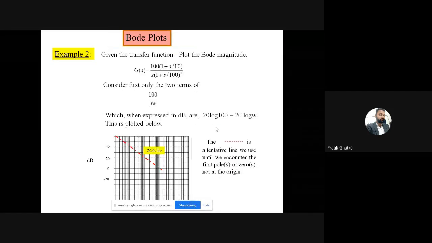So this is your next example. In the upcoming class, in tomorrow's class, we will see how to draw the Bode plot with its calculations and all the terms related to it. Today's class was just the introduction to the Bode plot. Tomorrow we will take examples of the university pattern and try to draw the Bode plot. That's it for today. If you have any doubts, you can ask.